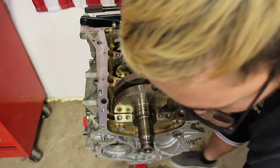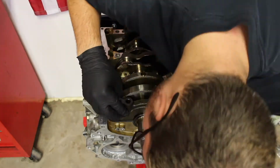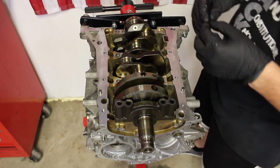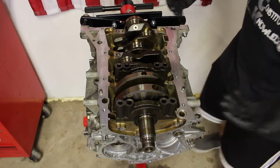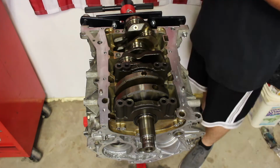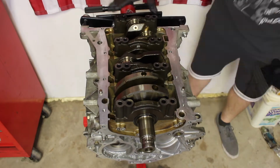And you can see that I am now applying Plastigauge to the crankshaft itself. Now, as you can see, the way I applied it, I was basically direct center on that crankshaft. Now I'm throwing the main caps on. Now, the reason why I am using Plastigauge is to be able to check the main bearing oil clearance. The typical main bearing oil clearance should fall between 15 thousandths and 23 thousandths. So I'm applying Plastigauge on this entire crankshaft, putting down the main caps, and then once the main caps are down,